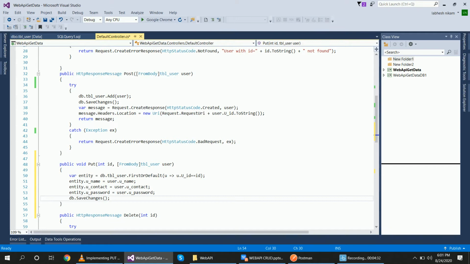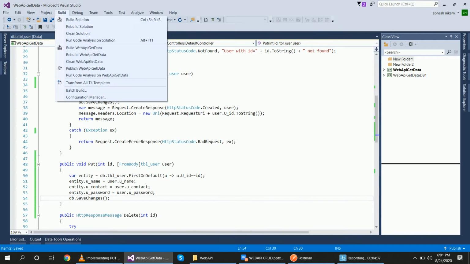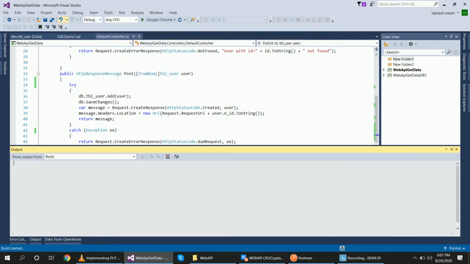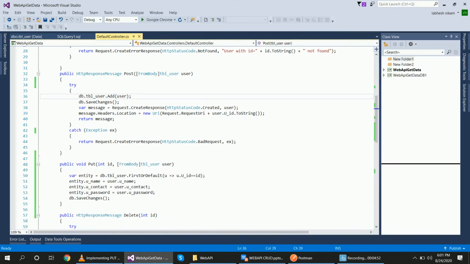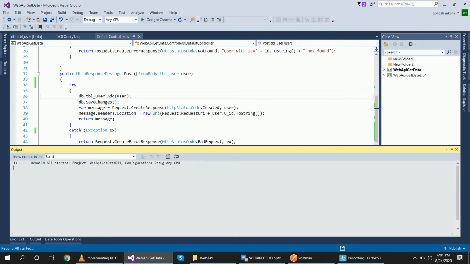Okay, let's save it, build it, and run the program. One succeeded, but I have 2 projects, so I need to rebuild; two projects, so two builds succeeded I need.